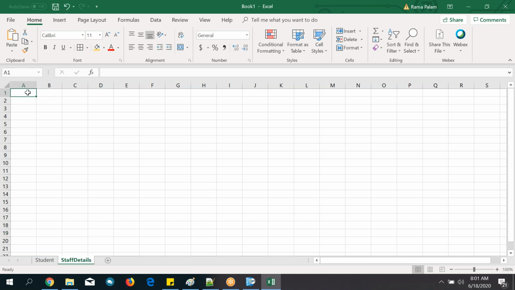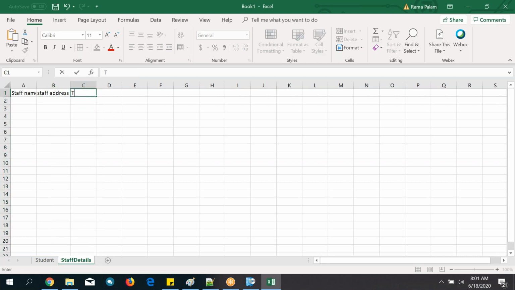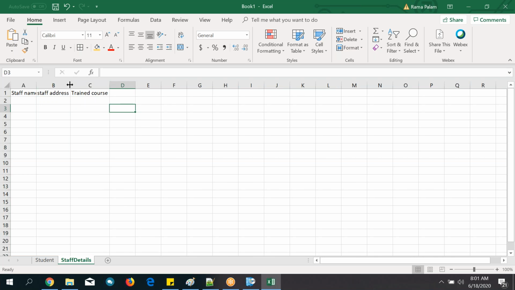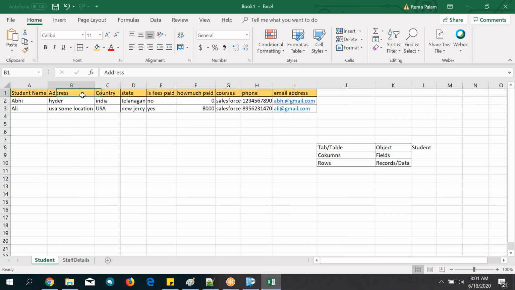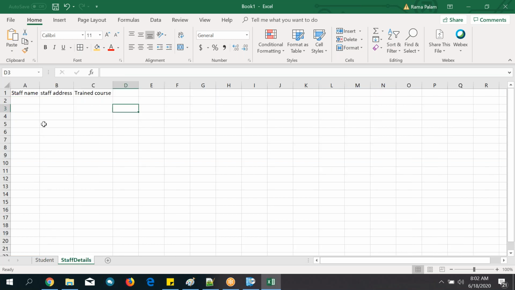Here some other things are there, staff name. Now tell me, in the Excel sheet, these are the 2 tabs. So this address field, I want to create with respect to which tab? Student tab only, not with respect to this one.